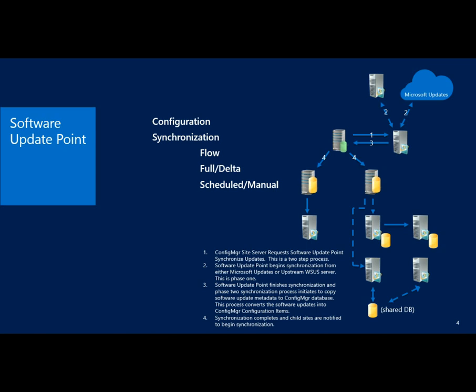Supersedence describes how we treat updates that we sync, and specifically the scenario where a new update that is synchronized in from Microsoft Updates supersedes one that is already in our database. The only option we had for that in 2007, and the way we did that by default, I believe, in 2012 RTM, was to simply expire the update that we're superseding. So if a new one shows up, then we'll expire the one that we're superseding so it can no